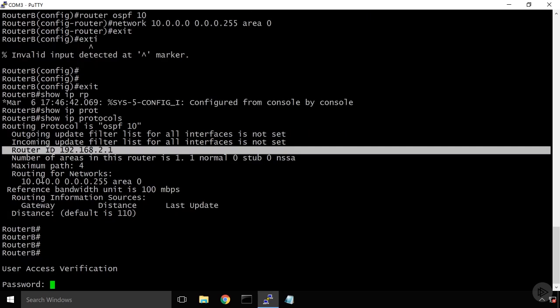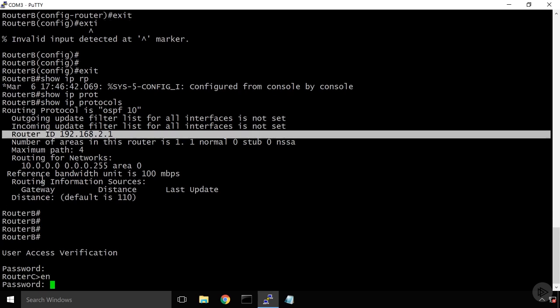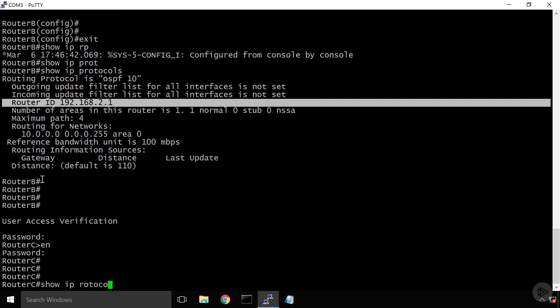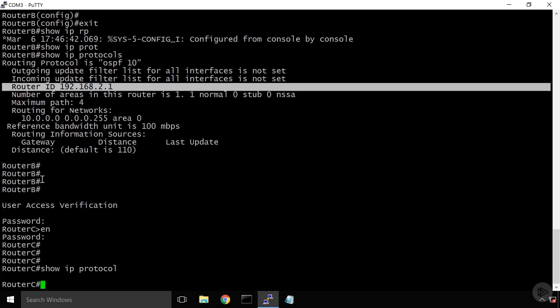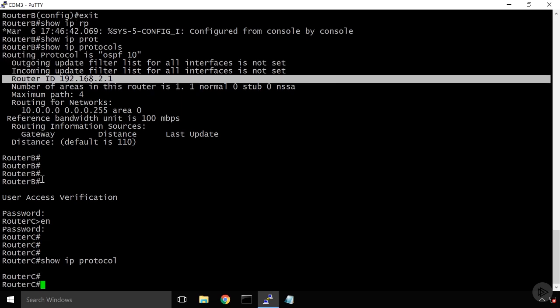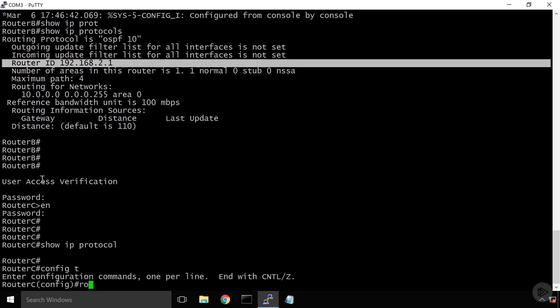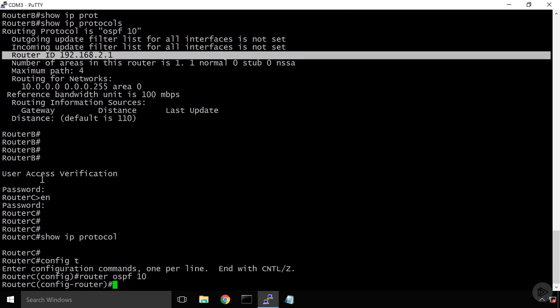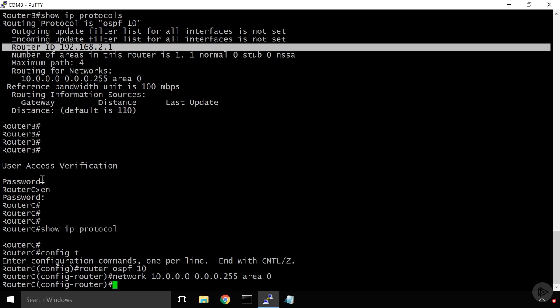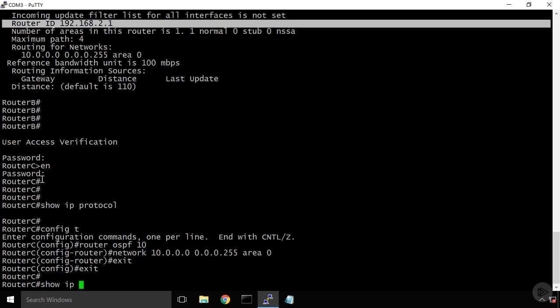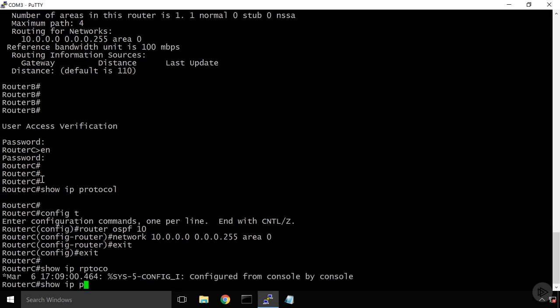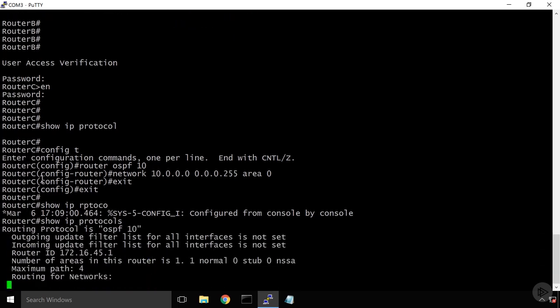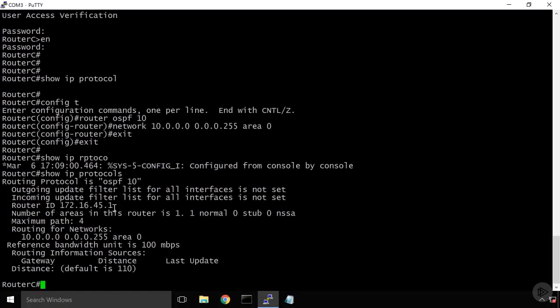So I move my rollover cable into router C. We'll log in here. If I do show IP protocols before I configure OSPF, we'll see that there is no information in it. The output is blank. And the reason is that we don't have any routing protocol currently enabled. Once I turn on router OSPF 10 and advertise network 10.0.0.0 with that 24-bit mask in area 0, now when I do my show IP protocols, we can see that it has OSPF turned on, and we have a router ID chosen here of